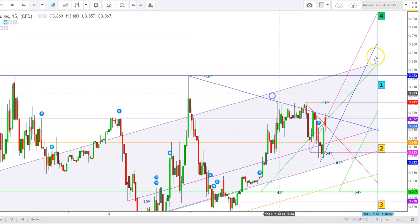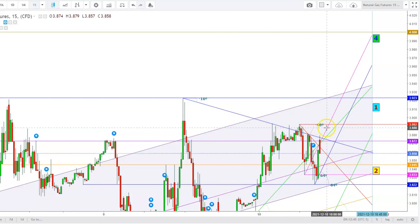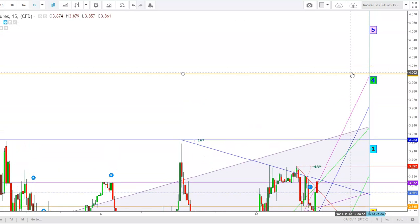Friends, here I would like to show you at what maximum extent the natural gas futures could close this week. If the natural gas futures find a breakout within the next few hours well above this uptrend line, and a sustainable move well above the upper end of this uptrend channel, we'll see a breakout move where they could break the immediate psychological resistance at $4. A breakout well above this psychological resistance could help the natural gas futures close the week well above the level of